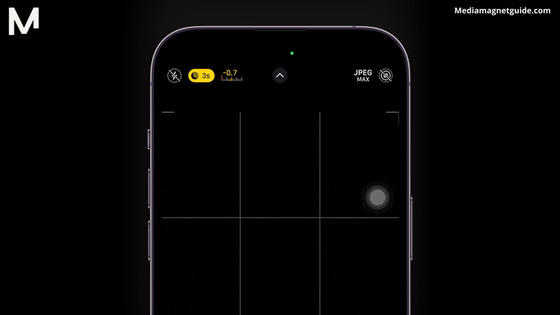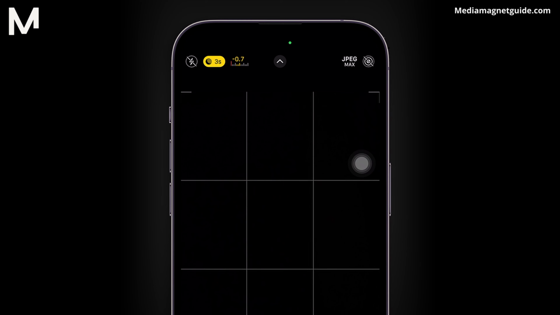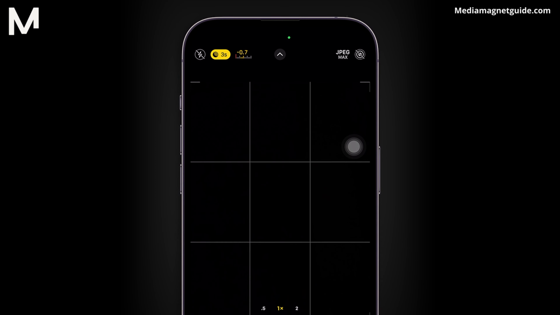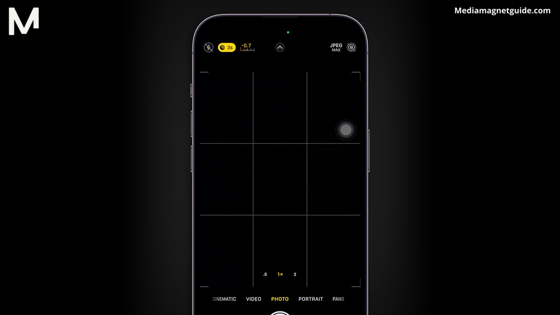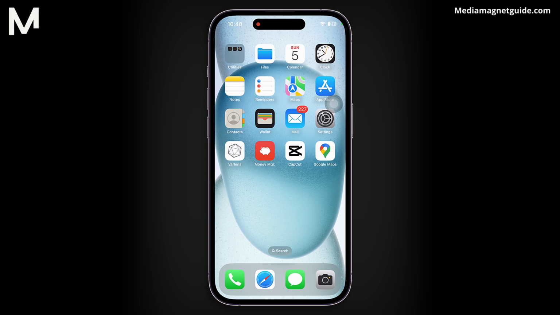You are now ready to capture photos at the peak of image quality. Simply frame your shot, press the shutter button, and your iPhone 15 will automatically save the image in the highest quality format. By following these steps, you'll ensure that your iPhone 15 is set up to capture the most detailed